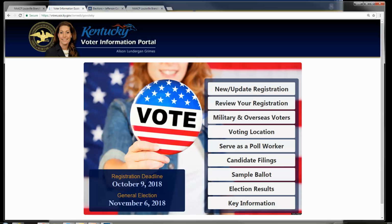GoVoteKentucky.com. It's one of the newer sites, and I actually do like it. You can register online. You can review your registration and make sure that it's going well. If you want to know where you're voting, they provide the voting location here, sample ballots, things of that nature. One thing that I do love about this site is that it'll tell you very upfront when the deadline is, and it'll also remind you when election day is. Last but definitely not least,